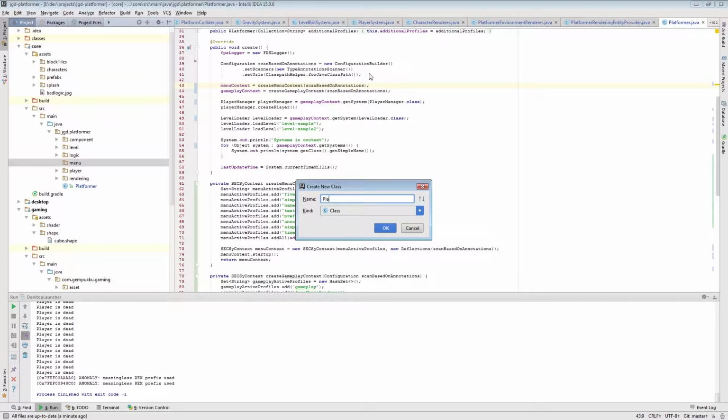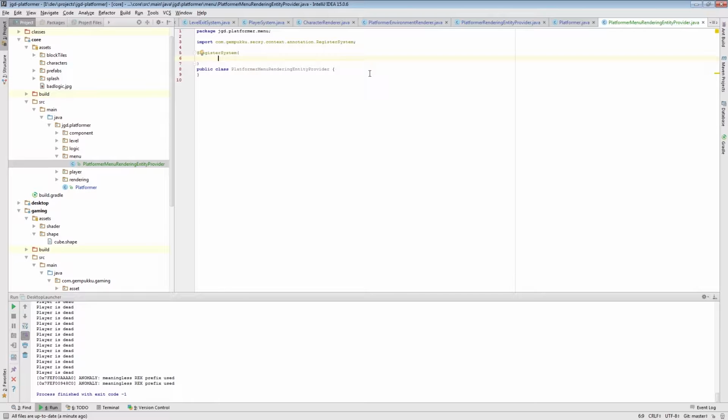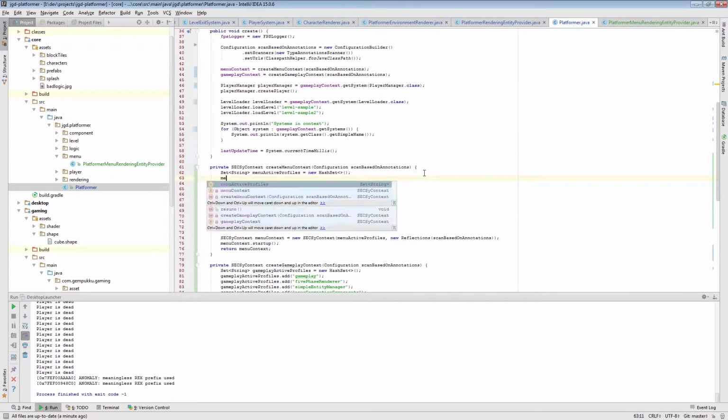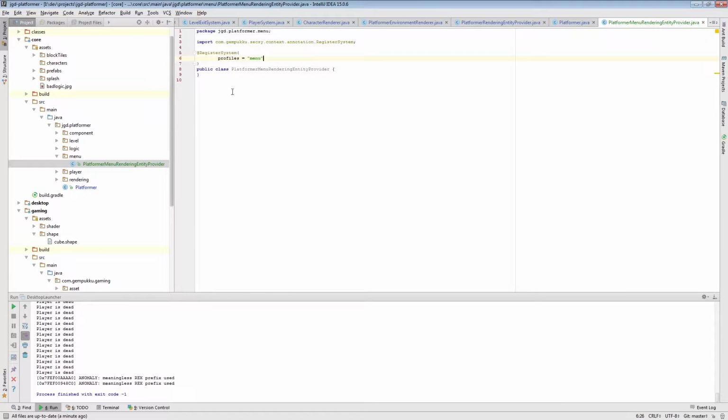So platformer menu rendering entity provider, register system, and we'll say that it's profiles menu. So we have to make sure that our menu context indeed has the profile menu, and it has to implement